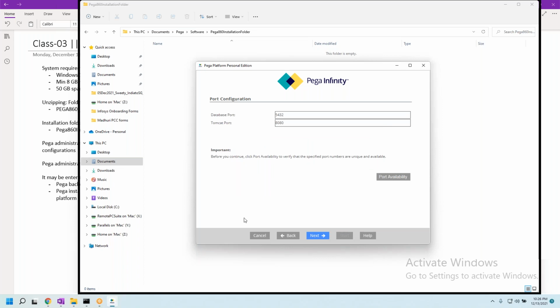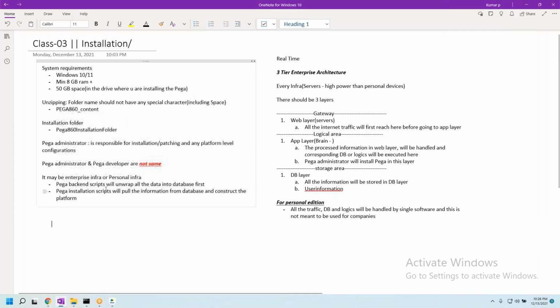The installation starts, and it takes around 20 to 30 minutes. If your laptop is very fast, it may take only 15 minutes. If your laptop is kind of slow, it will take 30 to 35 minutes or 40 minutes also. Don't worry about it, and ensure that your laptop is always on. So that is about the installation.